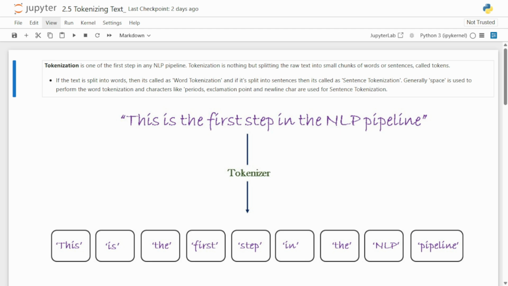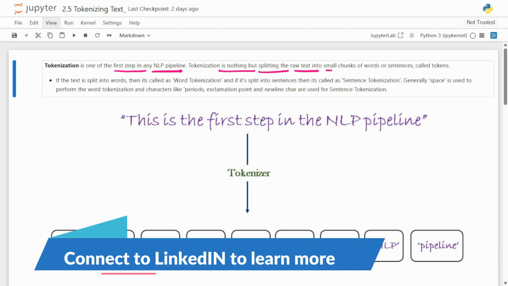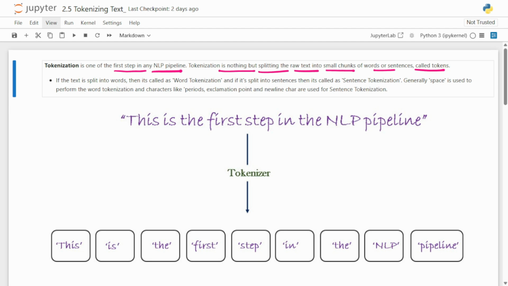Tokenization is one of the first steps in the NLP pipeline. Tokenization is nothing but splitting the raw text into small chunks of words or sentences called tokens. If the text is split into words, it is called word tokenization. If the text is split into sentences, it is called sentence tokenization. White space is used to perform word tokenization, and characters like periods, exclamation points, and newline characters are used